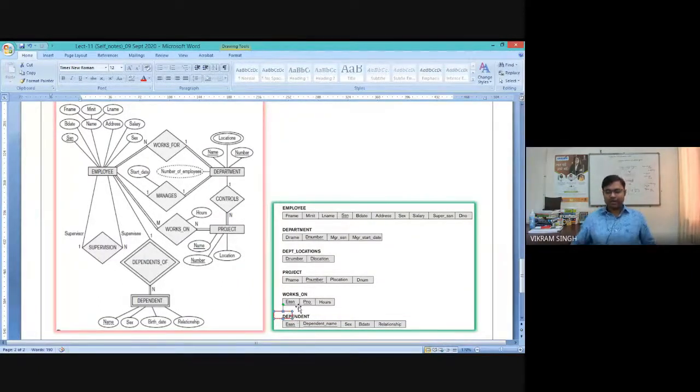So one important question is there: why have we underlined the ESSN in the dependent table? I basically raise this question to you, why in the dependent table this ESSN is still marked as a primary key? Can you respond to this question?